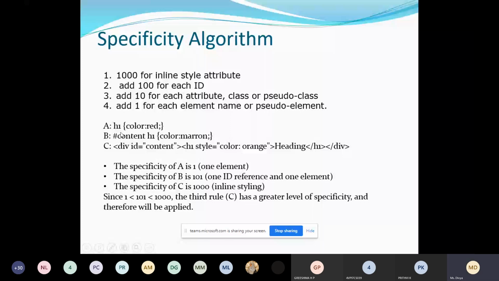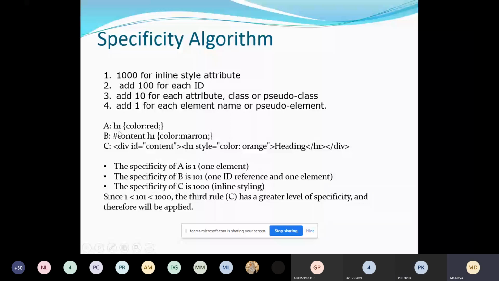How much value will it get? Element. It's an element selector, right? We are just specifying the name of the tag.